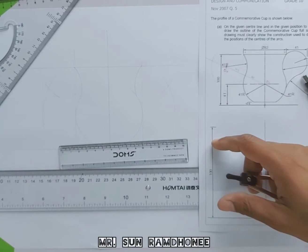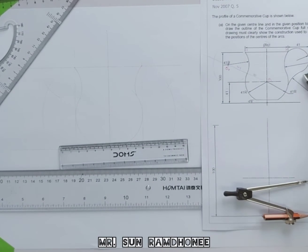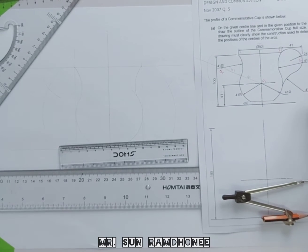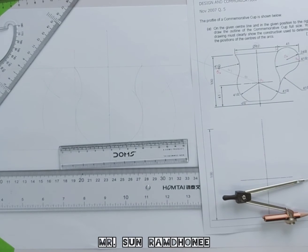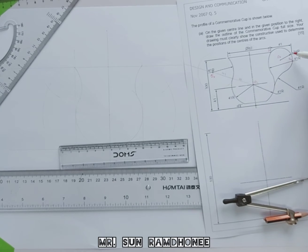So once you are done with these two arcs, this one would be O2. Now we are left with this arc and this arc. To obtain this center, I'm going to call it O3. In order to draw this arc, which has a radius of 24,